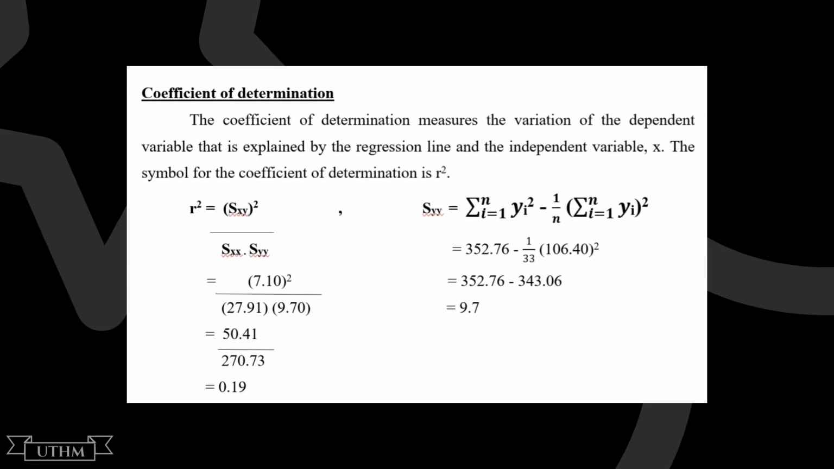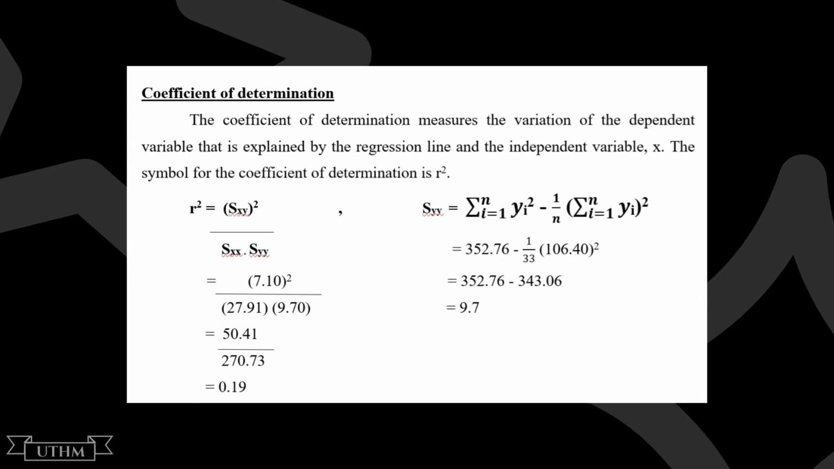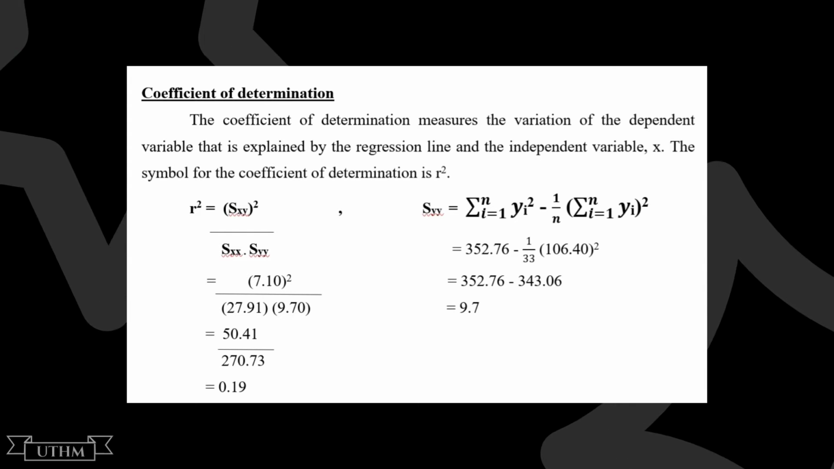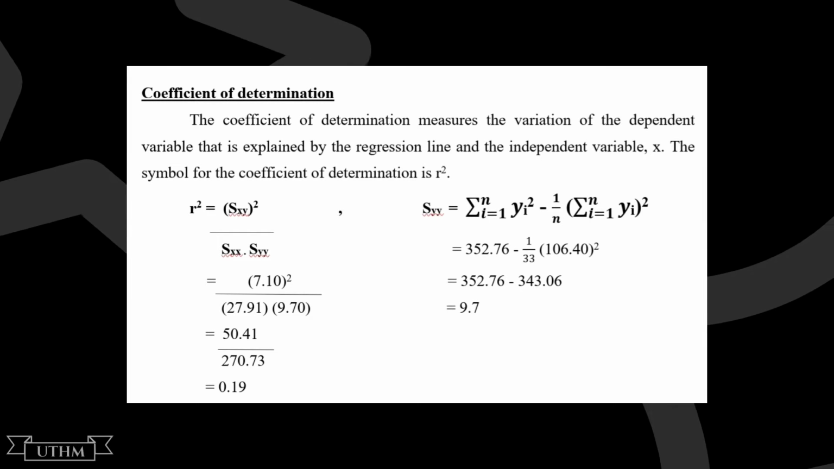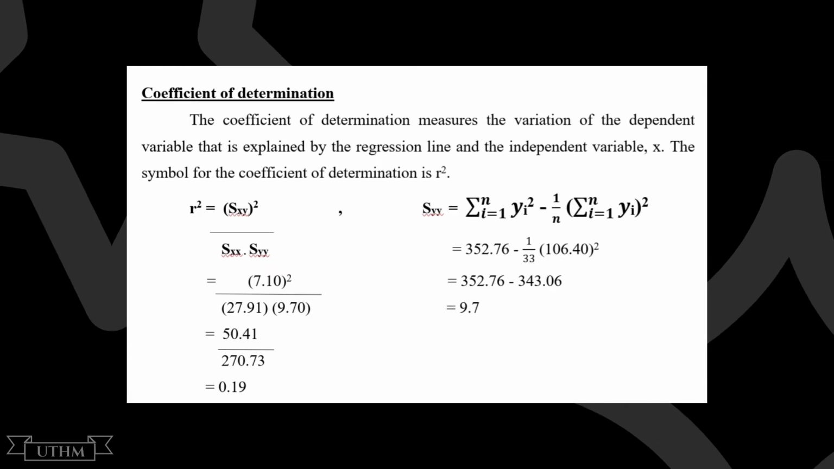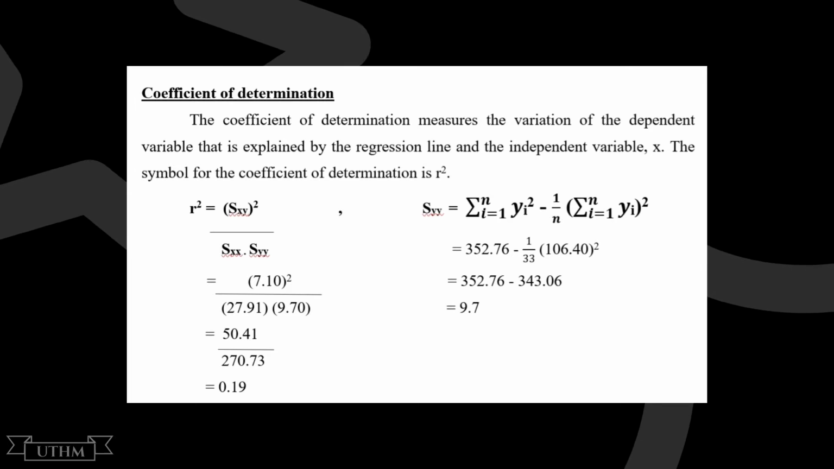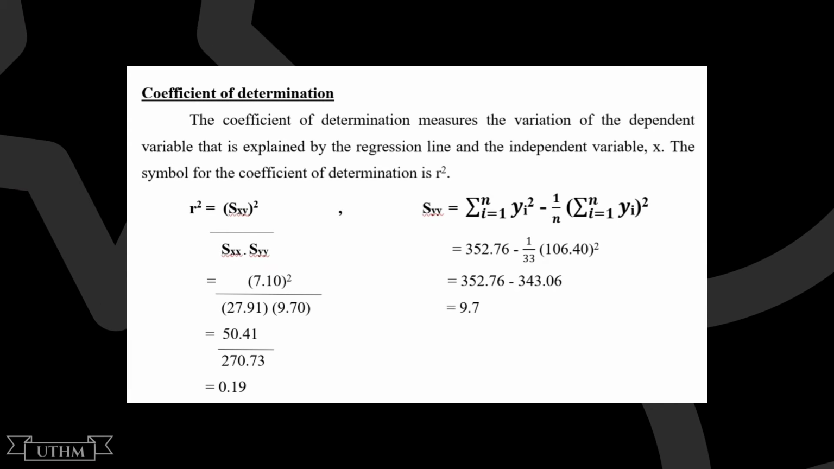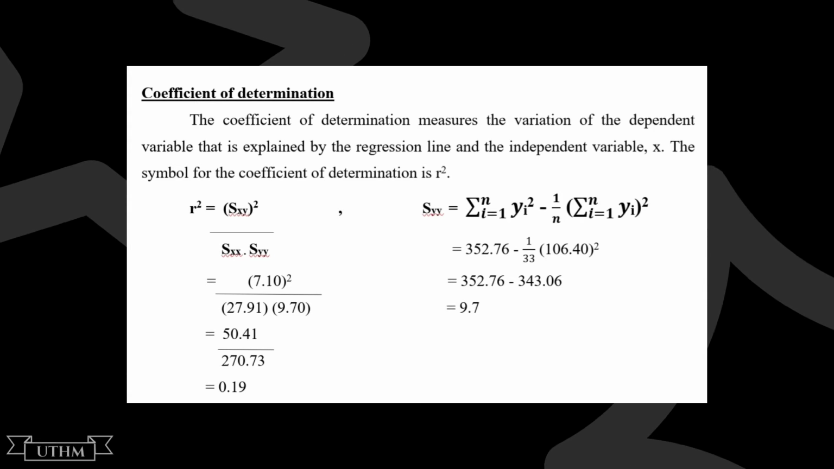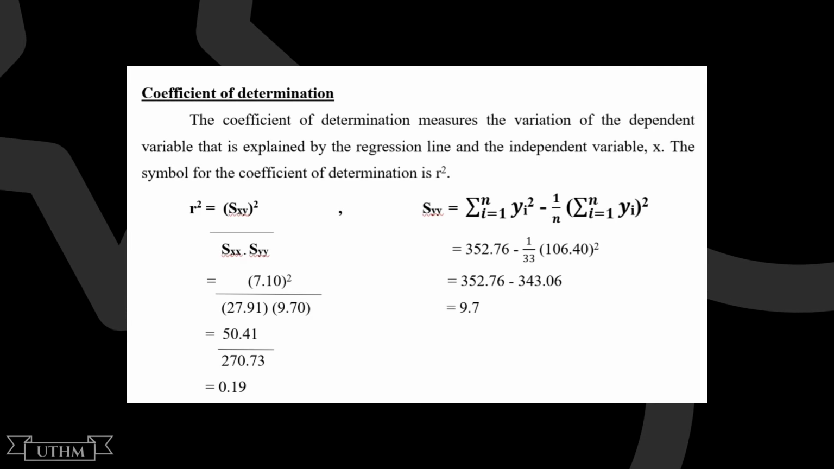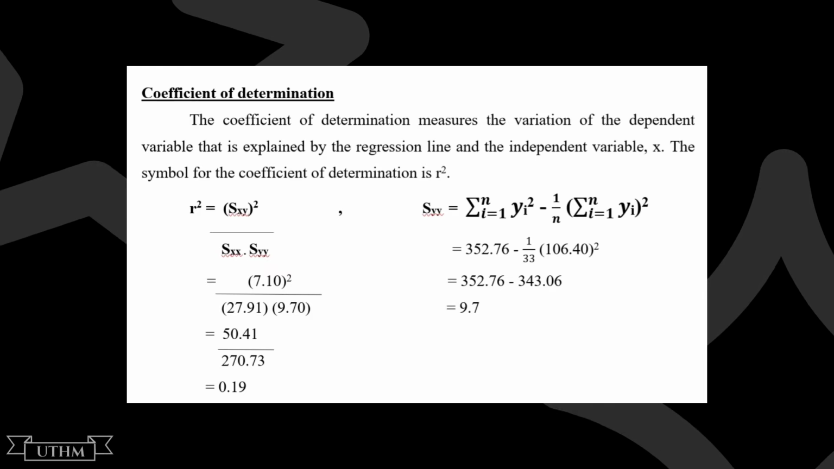In this topic, we also learn the coefficient of determination and the coefficient of correlation. The coefficient of determination measures the variation of the dependent variable that is explained by the regression line and the independent variable x. The symbol of the coefficient of determination is r squared. So the formula to get r squared is equal to Sxy squared over Sxx times Syy. We already calculated Sxy squared, and we already got the value of Sxx,